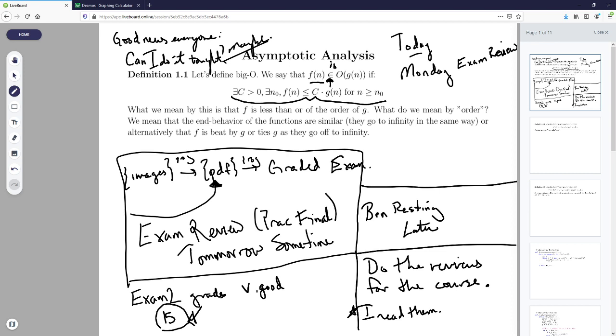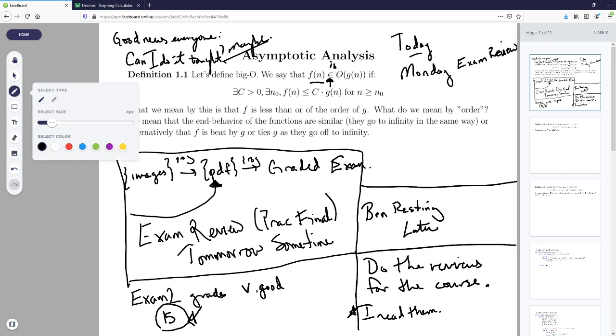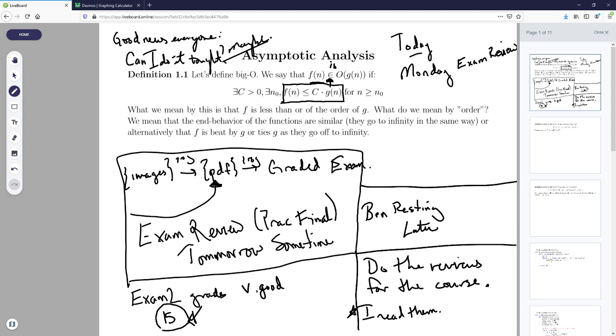When you read definitions like that, the real answer is, what the heck does that mean? So really what you do is you study this part here. We pull this part apart and we look at it and say, okay, f of n is less than or equal to c times g of n. What does that mean? That means that I can invent a constant. There exists a constant. So I get to make this up. I get to pick the c such that f of n has to be less than or equal to c times g of n.